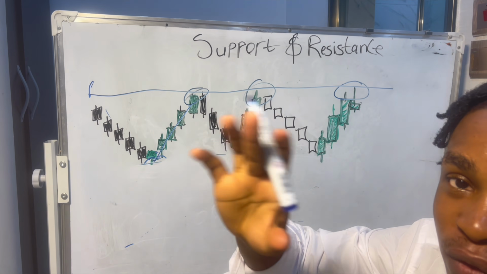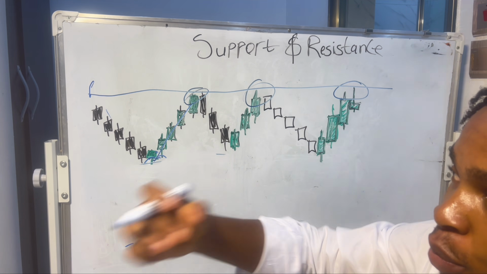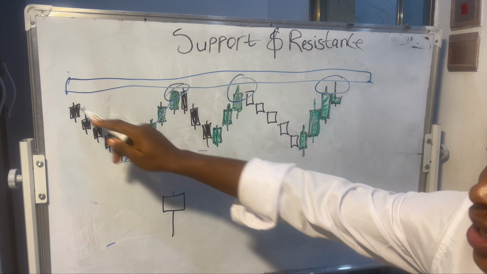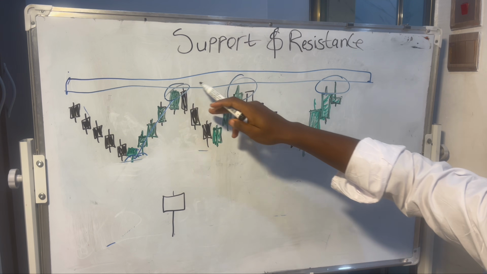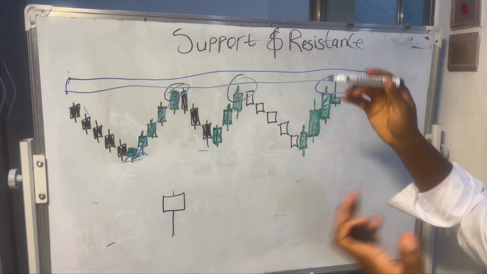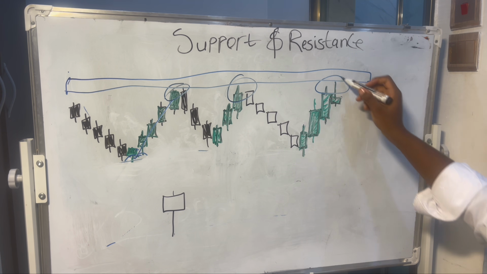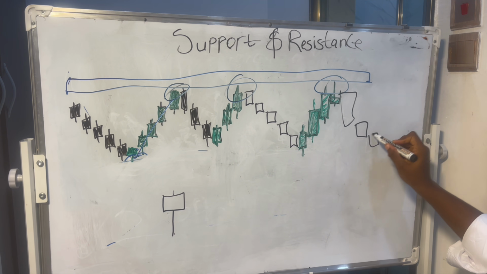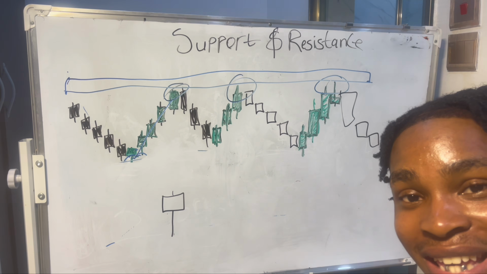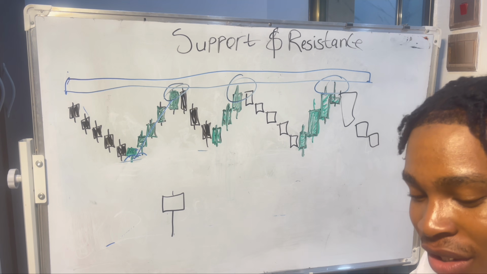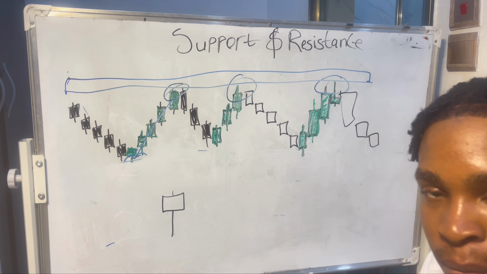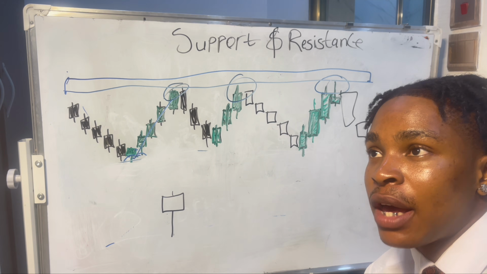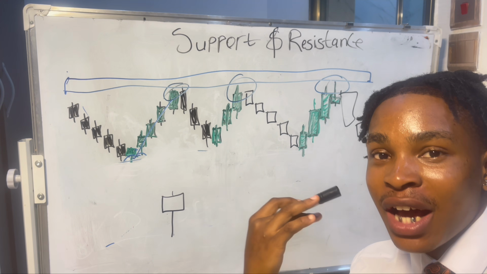Now most of the time we draw boxes. I'll show you an example here on the TradingView app. We use boxes to mark all these areas, and once you draw these boxes, it's basically an area, right? And it is the ceiling. So most of the time, once the market comes here, it will have a chance to drop. But the truth, should I be honest, is that it does not happen all the time, and there's a way to actually avoid losing money.